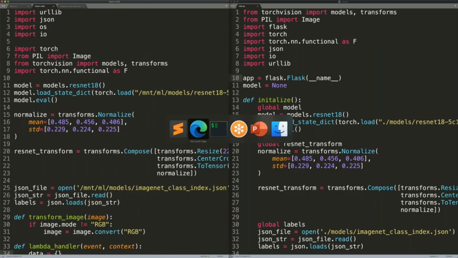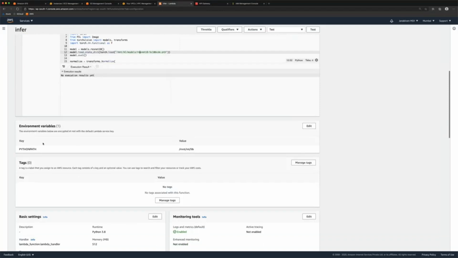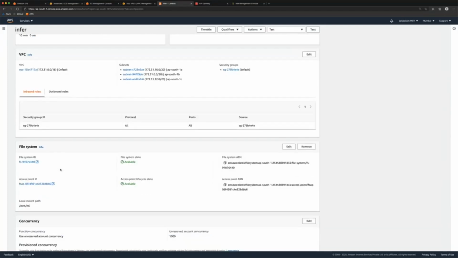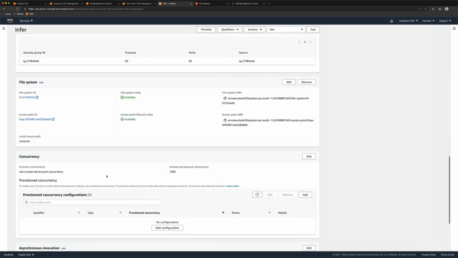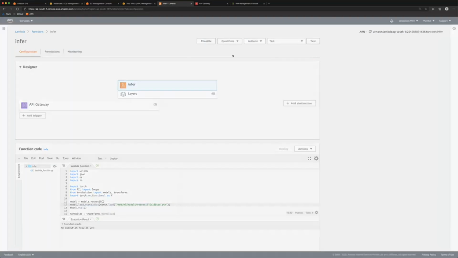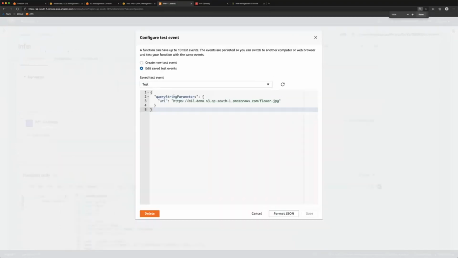So now we are actually ready to test our function. If you notice, this is exactly the same thing we have done in the previous step. Now what I'm going to do is create a test event. So I already have a test event here. If you notice, I am sending query string parameters as a JSON payload.